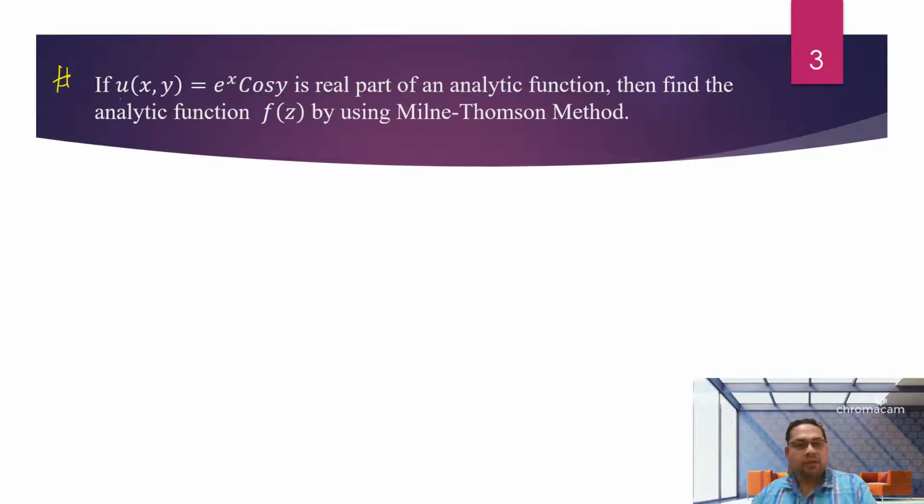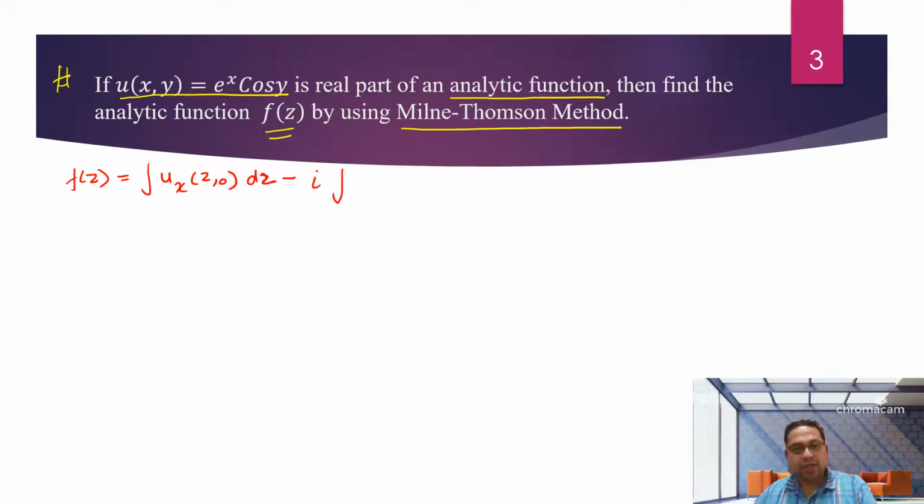Now the example is: if u, a real part, is equal to e to the power x cos y of an analytic function, then find the analytic function f(z) by using the Milne-Thomson method. U is given, that means we have to find the value of f(z), and f(z) is equal to the integration of u_x(z,0) dz minus i times the integration of u_y(z,0) dz. So where u is given, we have to find the partial differentiation of u with respect to x. Del u by del x is equal to